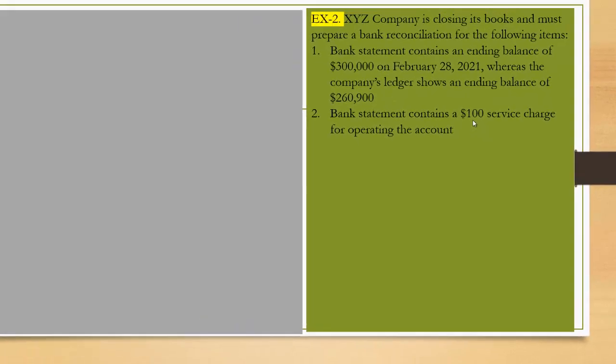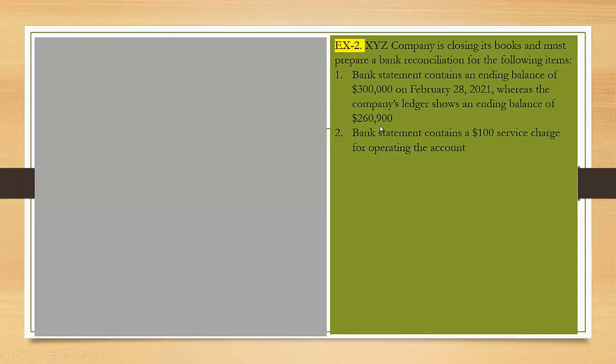So let's assume that we start from balance as per cash book. Since this is a bank charge, we will have to subtract it. I will show in the adjacent screen later how all these transactions will appear when we prepare the bank reconciliation statement. Now number 3, the bank statement contains interest of $20. Since it is appearing in the bank statement but not in the cash book, this $20 we will have to add.